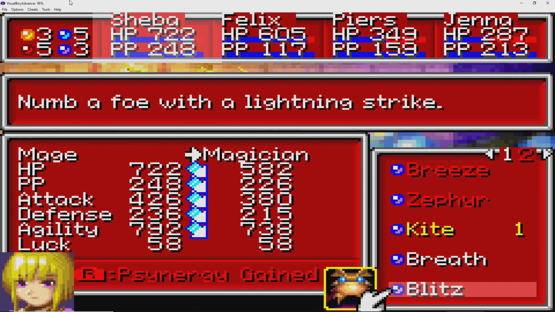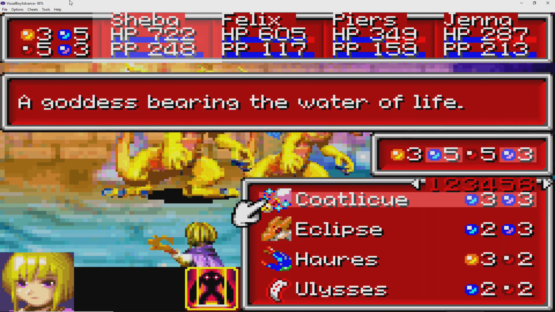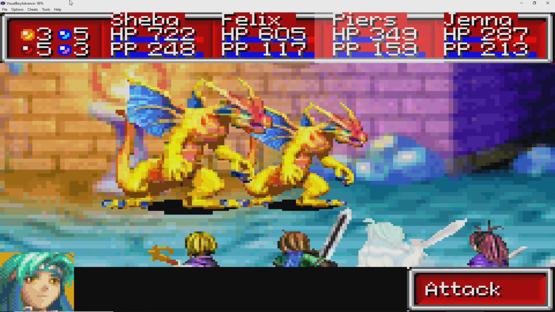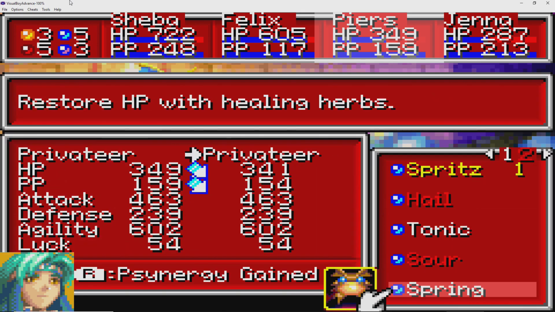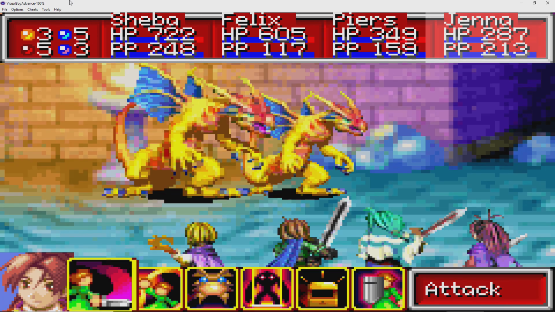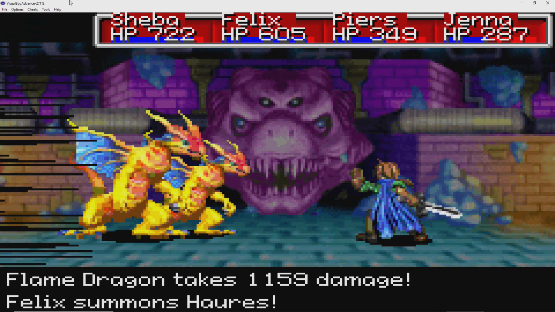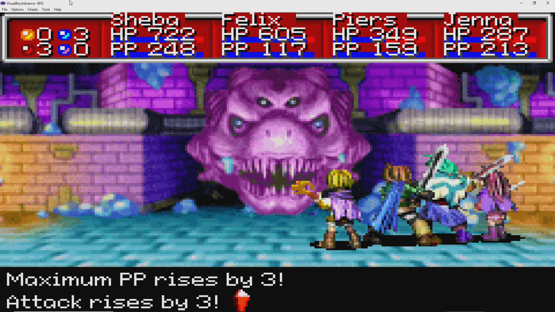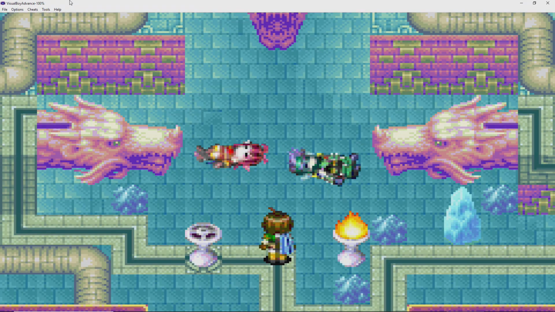Okay. Eclipse. Parties. There we go. Crystal from that fight. They transform into...